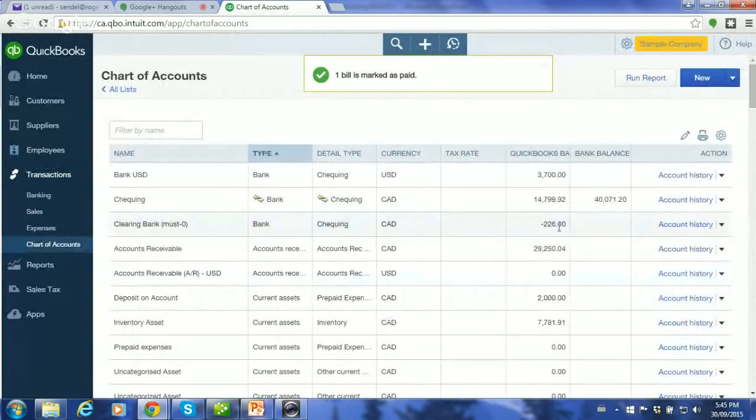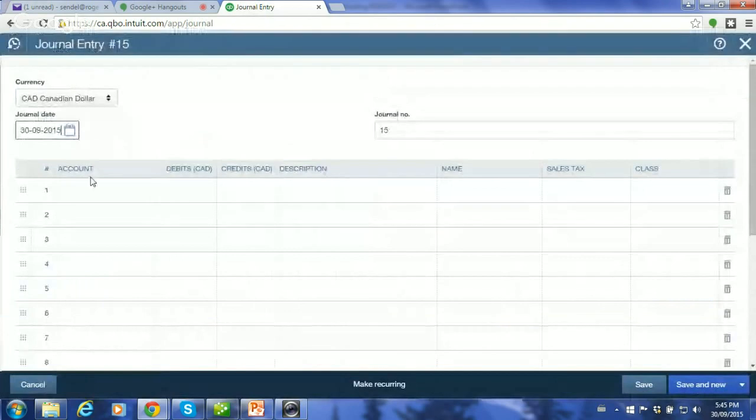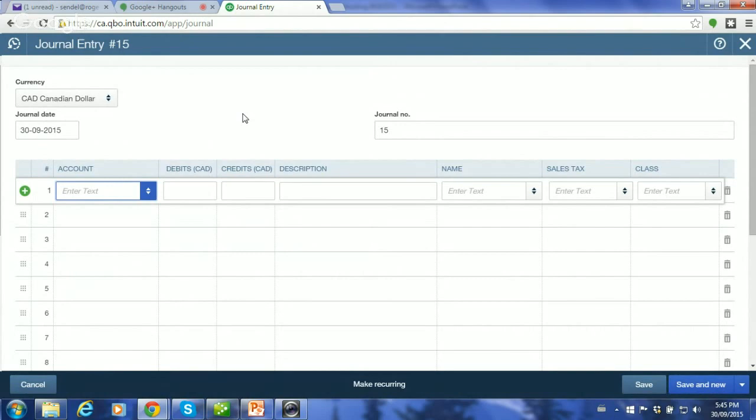And now I've got $226 that doesn't belong in my clearing bank account. So what am I going to do? Well, this is a two-step process that we can't get away from. I go to my journal entry on the same day that I did my clearing, and I'm going to call up the clearing bank. Here it is. I know I paid $226, so it has to be a credit. To get rid of it, I'm going to have to debit it. And I'm going to say clearing sub AP to deposit on account.